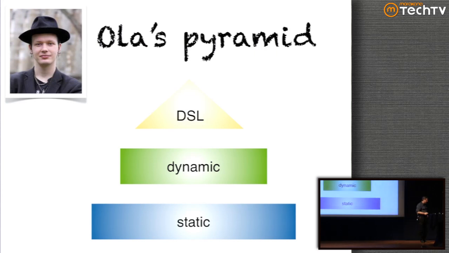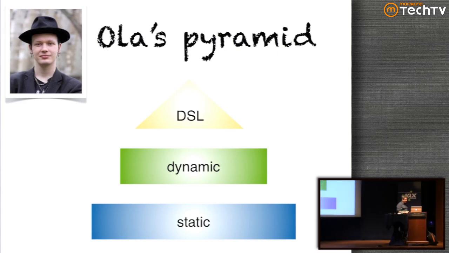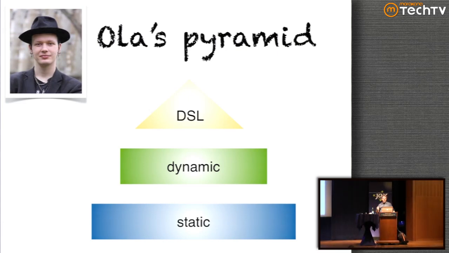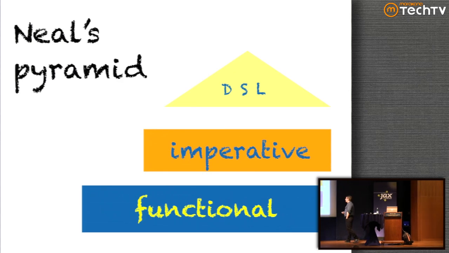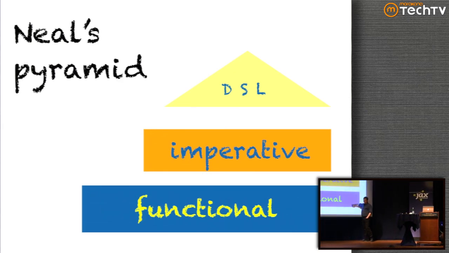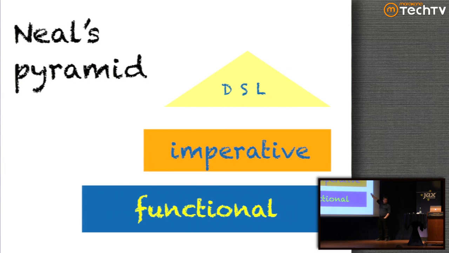And I think this is a really, really perceptive observation. But this was 2006, and I actually think this has changed. In fact, my pyramid today, I actually think the static versus dynamic thing is kind of a red herring. My pyramid today would say that you have functional code on the bottom, because this is programmatically verifiable much more rigorously than any kind of static typing is. So this is Clojure or Scala or something like that. Imperative languages like Groovy or Ruby on the top to do things like user interfaces and the things that you don't need as much hardcore verifiable accuracy, but you need productivity.